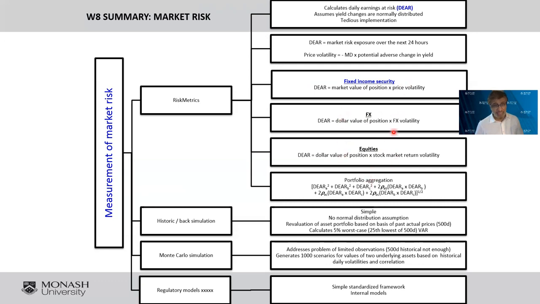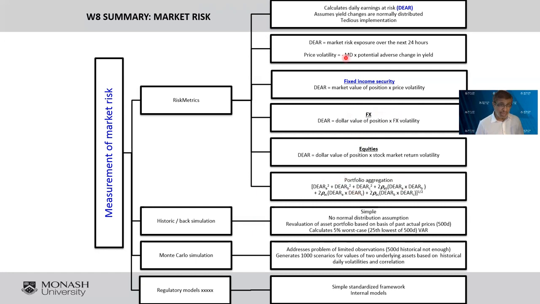But in this chapter, we are just concentrating on those three items. Then we will get one exposure here, one here, one here, which means we will get one DEER here, one DEER here, one DEER here. That means in dollar value, how much we are losing from fixed income securities like bonds, how much we are losing from foreign exchange operations and equities. And then we have to combine all of them and produce what we call portfolio aggregation, which is the combination of the DEERs. And this is like a portfolio calculation of the risk.